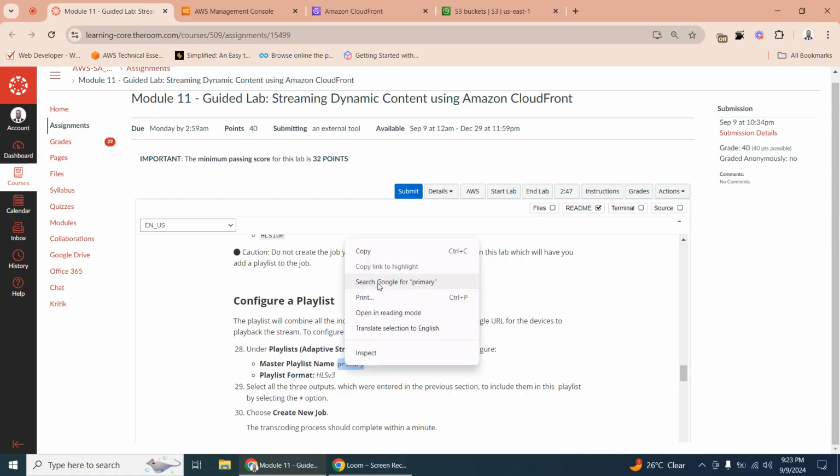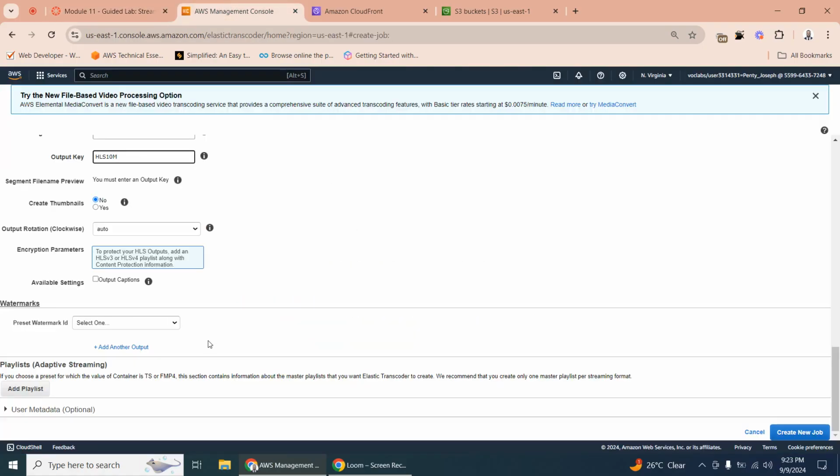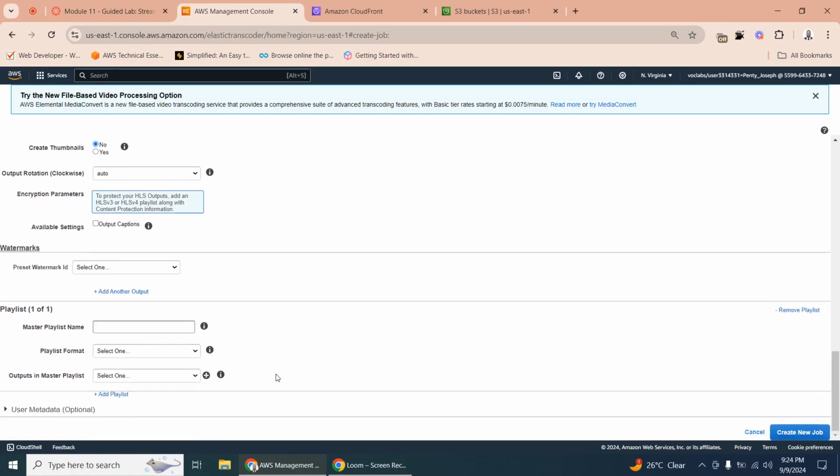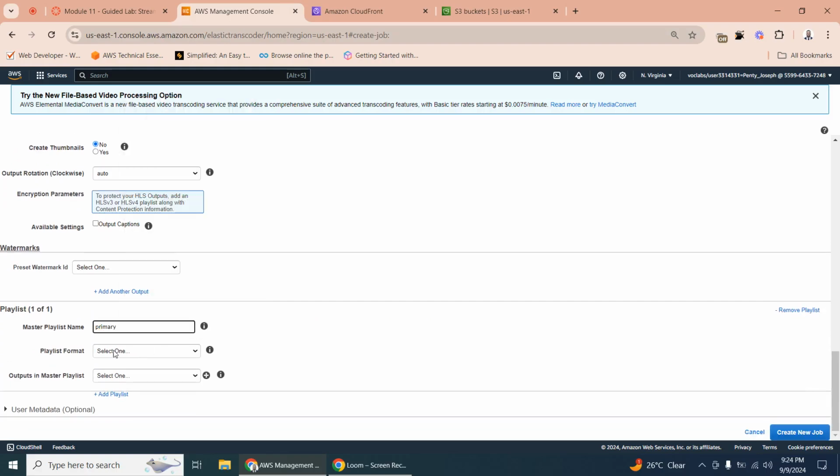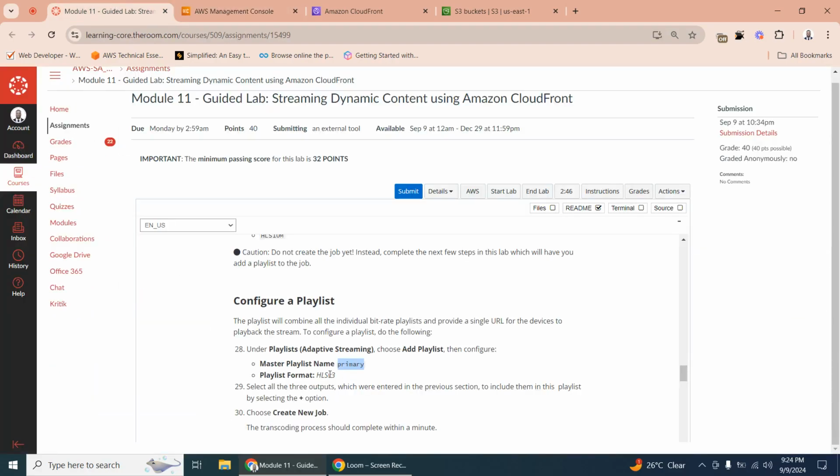Let me try to copy that once again. So I'm going down till I see the playlist. You can see it here, adaptive streaming. So, playlist. Let me click on add playlist. So I'm inputting this primary and then